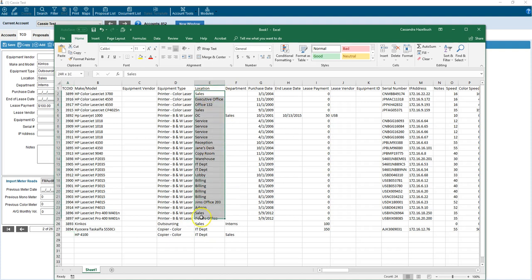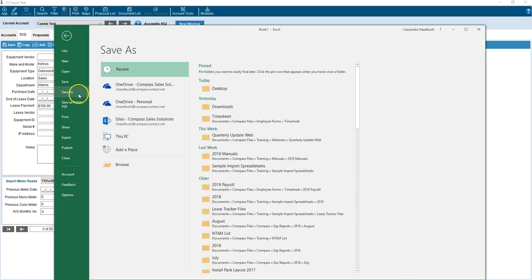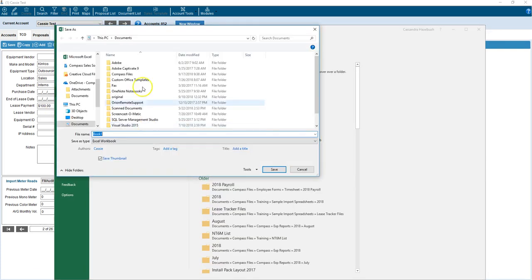So again, you can make adjustments, you can copy and paste information over, you can drag and drop, and then make sure you're saving the file to a destination. So if I save this to my desktop